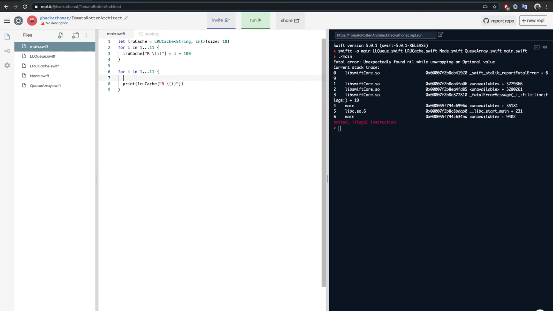So if let val is equal to this guy right here, if we get anything, we actually print val. Otherwise, we simply convert it into a string. Else, we simply print